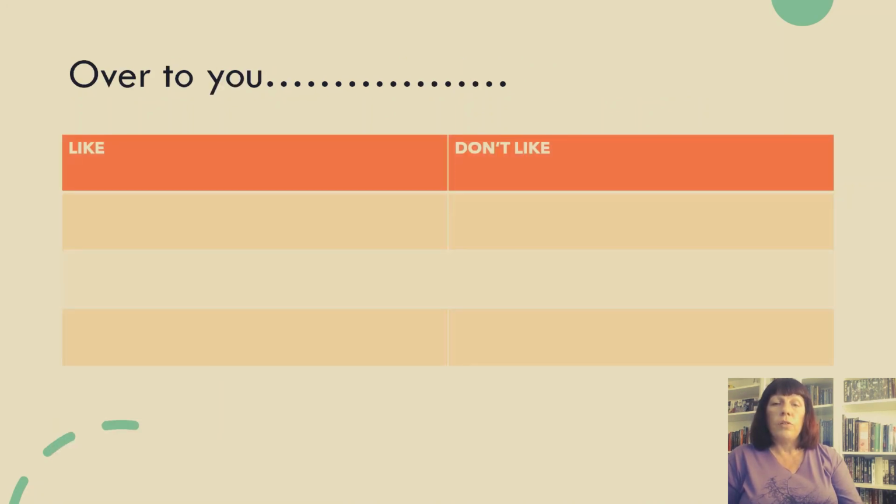So over to you. And at the very least, what you need to be thinking about is how you put together a list of things that you like and you don't like, because from that list will come your conversation. And thank you very much to everybody last week who sent me photographs of their lists of likes and don't like. And if you weren't in the class last week, that's a quick revision, and we're going to go this week to looking in a little bit more detail about how we continue our conversations.